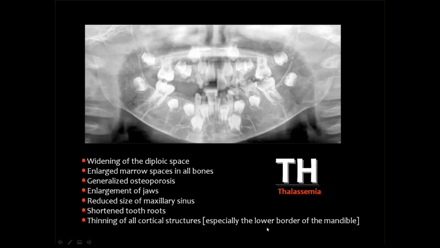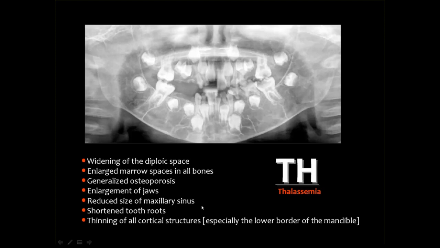Then in the mandible, you may get shortening or loss of the roots of the teeth, and you may get expansion of the bone marrow spaces due to bone marrow hyperplasia, widening of the diploic spaces, enlarged bone marrow spaces in all bones all over the body, including in the mandible. Osteoporosis, I have mentioned, enlargement of the jaw due to the bone marrow hyperplasia, of course, reduced size of the